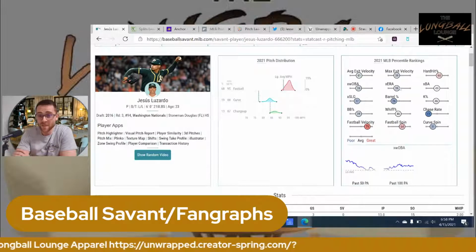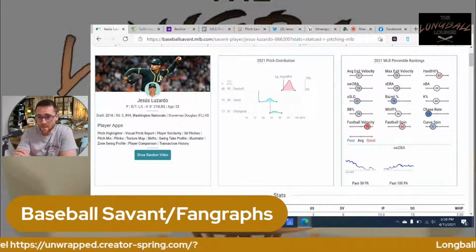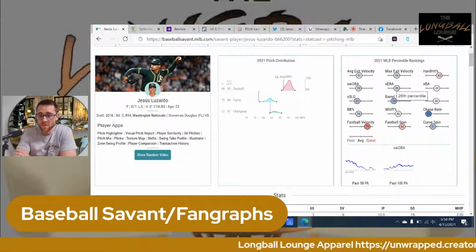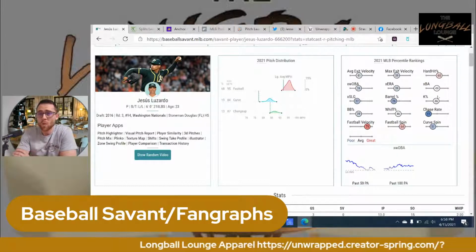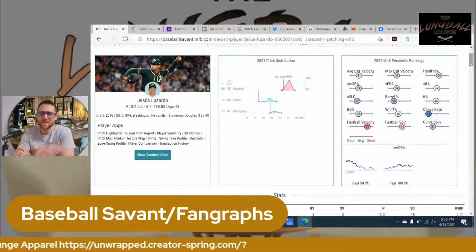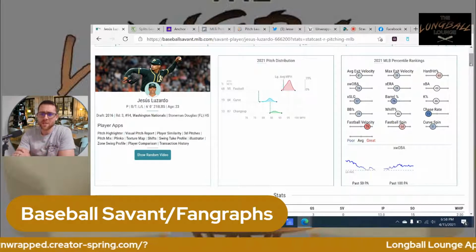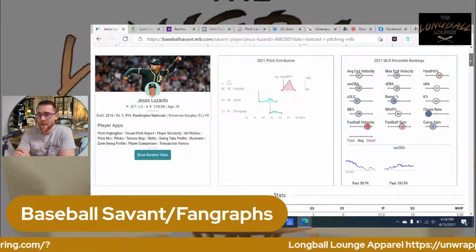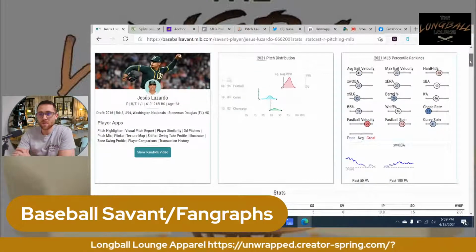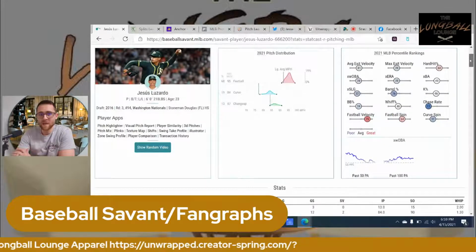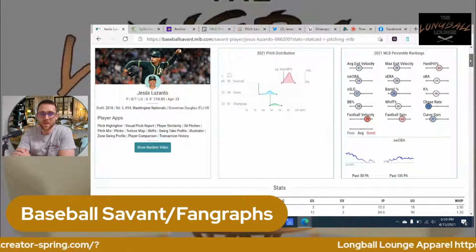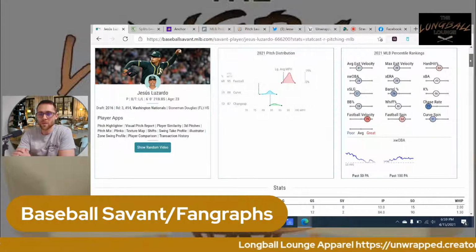xERA, expected ERA, again, takes out some of the added variables in here. xSLG, expected slugging percentage. You guys know what slugging percentage is. Barrel percentage, we just broke that down. Walk percentage. So a big thing with pitchers is K minus walk percentage is huge. I almost care about that more than I do ERA, strikeouts. Those things are all well and good, but those don't tell us who are actually good pitchers and who are not. That has a lot of luck involved and just a lot of metrics that we don't know are predictive.